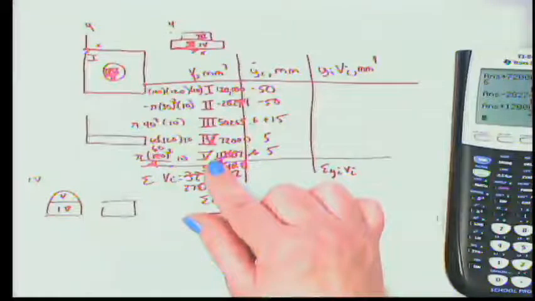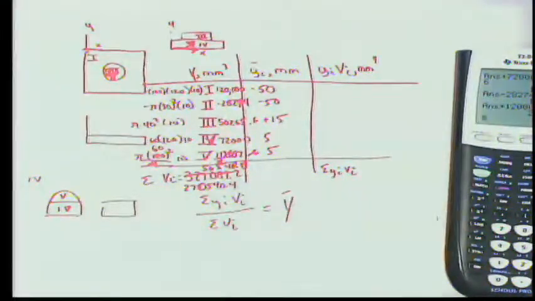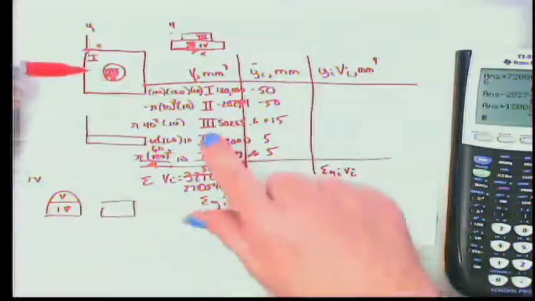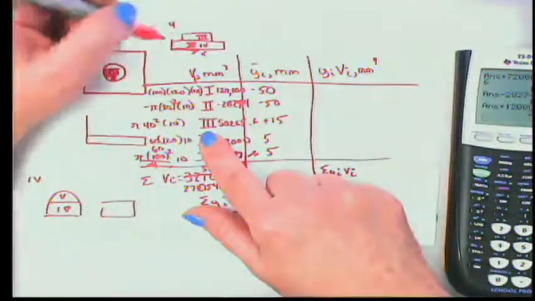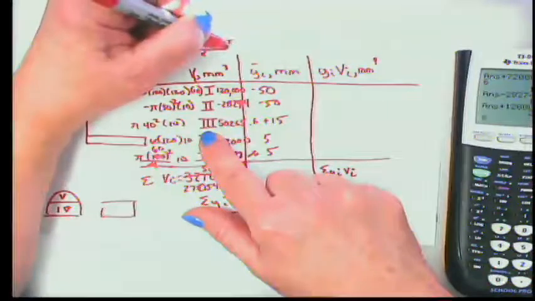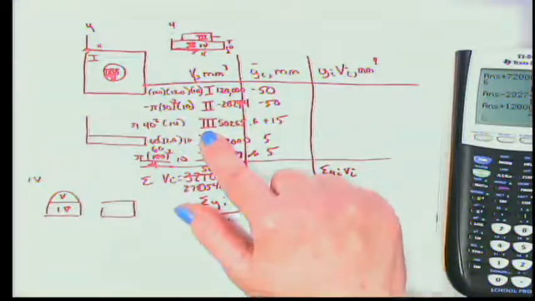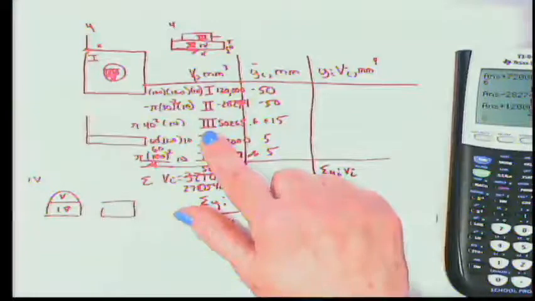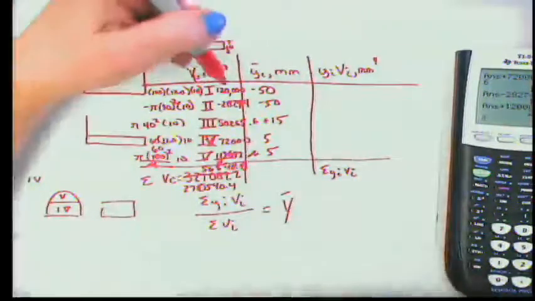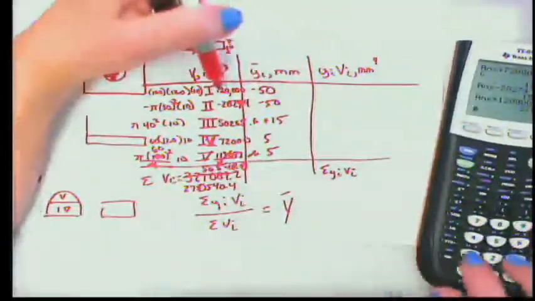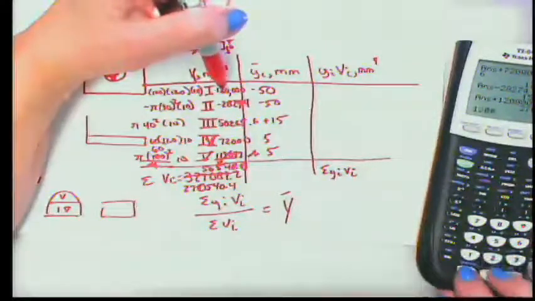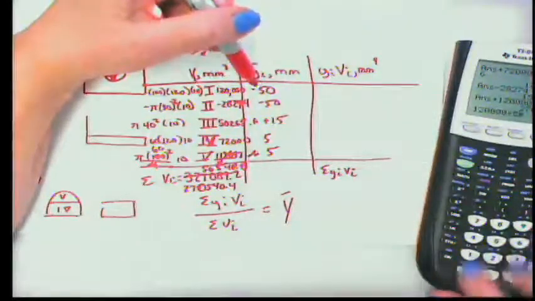So far, so good? So our centroid for number 3, which is our circular plate sitting on top. So that one, is that 5 coming because we're taking the center of our disc? Yes. And it's sitting on top of the 10 millimeter thick disc, so it's 10 plus the center, which is 5. Yeah, absolutely. All right. So if I multiply that, 120,000 times negative 50